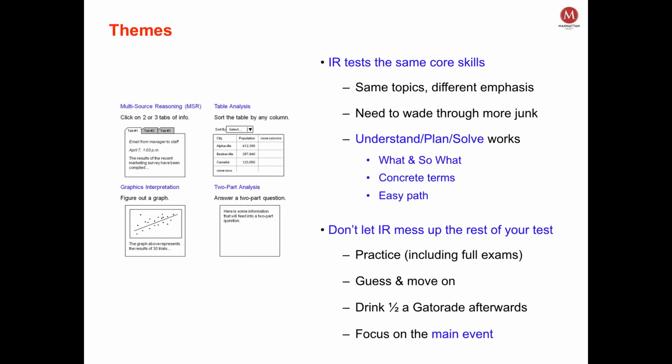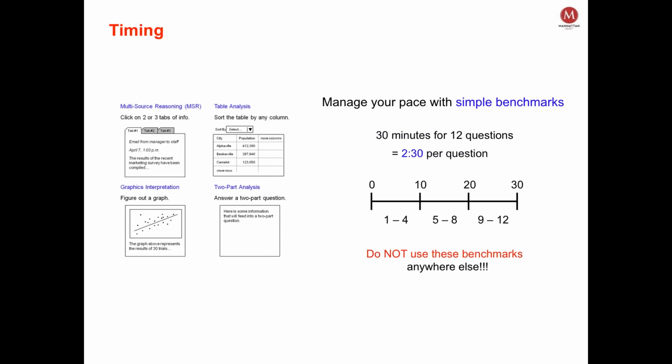As you all may know, hopefully everyone knows this, schools don't have any data yet on IR performances. There are no percentiles. There's no way to predict exactly how IR will predict business school performance. So they're not going to weigh it very heavily for a while. It'll become more important as time goes on, but don't panic. You need to still focus on the main event, which is the rest of the GMAT.